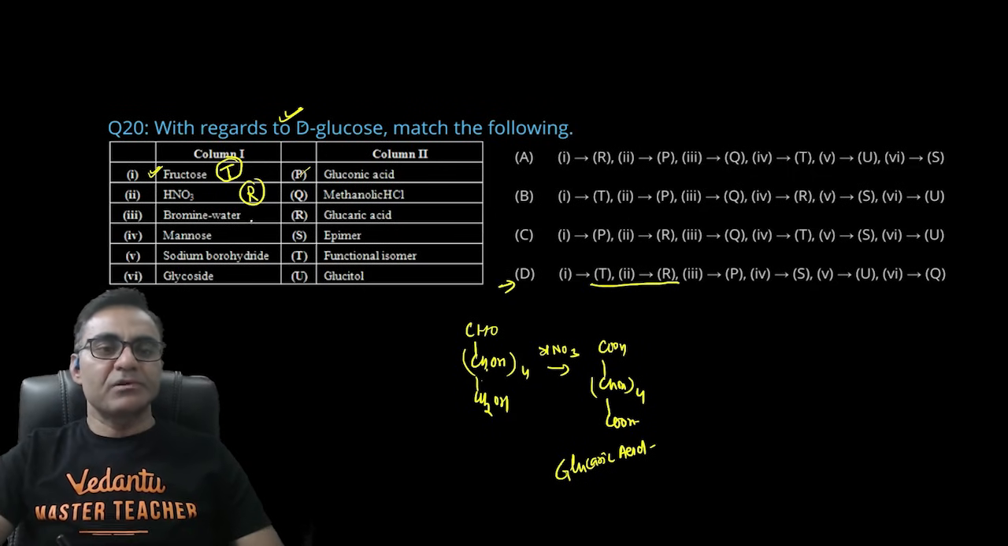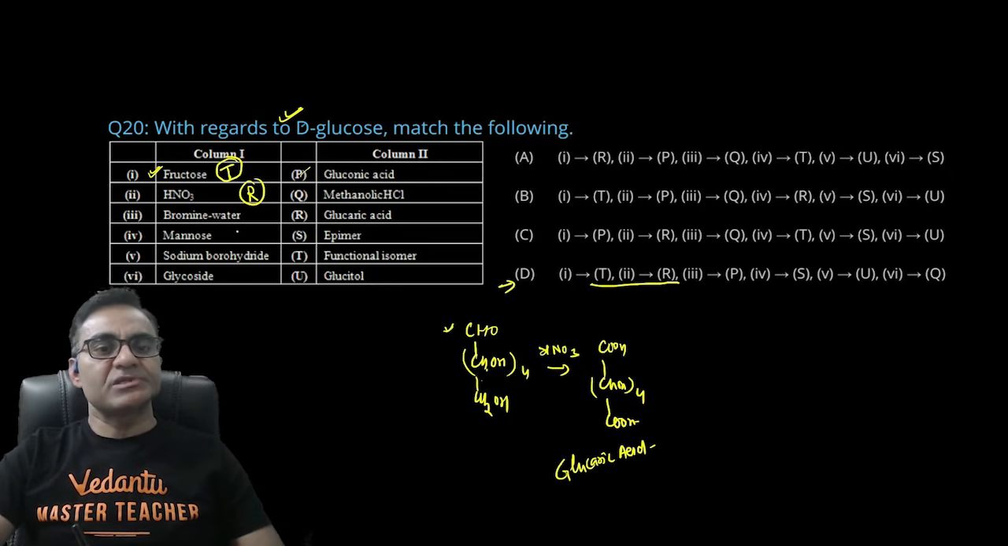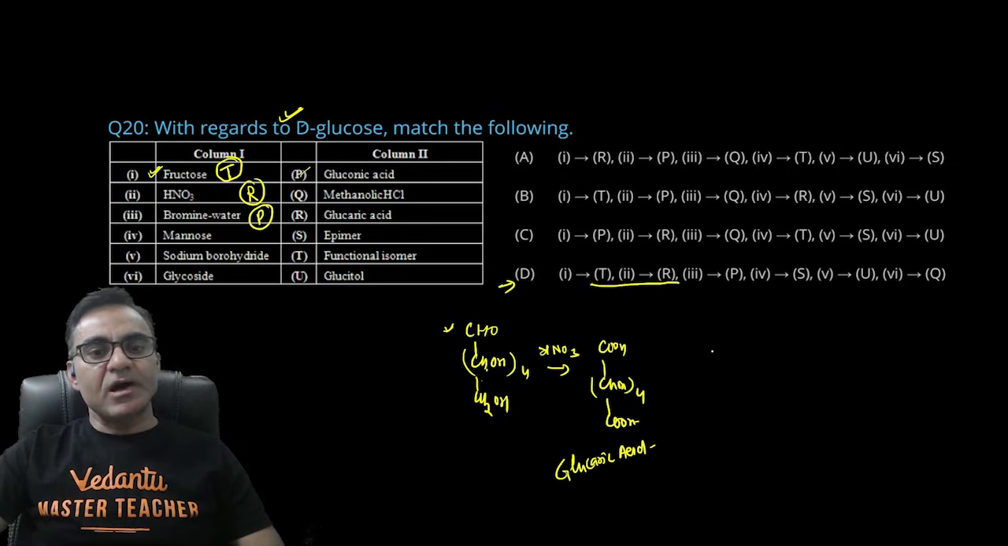नाउ गोइंग टू थर्ड वन, ब्रोमीन वाटर एक्चुअली एक माइल्ड ऑक्सीडाइजिंग एजेंट होता है, केवल एल्डिहाइड पोर्शन का ऑक्सीडेशन करता है और इससे ग्लूकोनिक एसिड बनता है, तो इसके साथ P का मैच आ जाएगा।